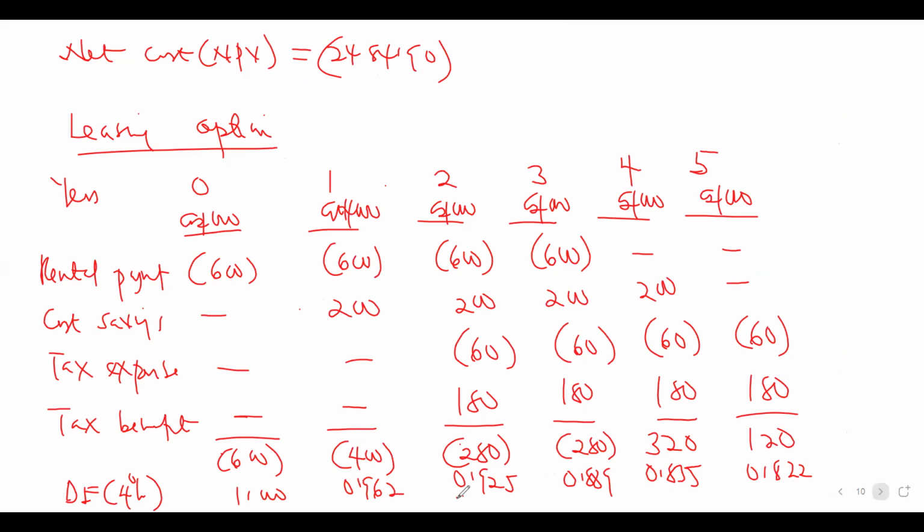Sir, please, why are we deducting the 60 as a tax expense? The 60, we are saving a cost of 200. Okay, this was a maintenance cost that you are saving. So if you are saving it, it means that you are not going to be subtracting that cost from your profit again. So the profit of the 200, which should have been used to cover the maintenance cost, will now be available for tax.